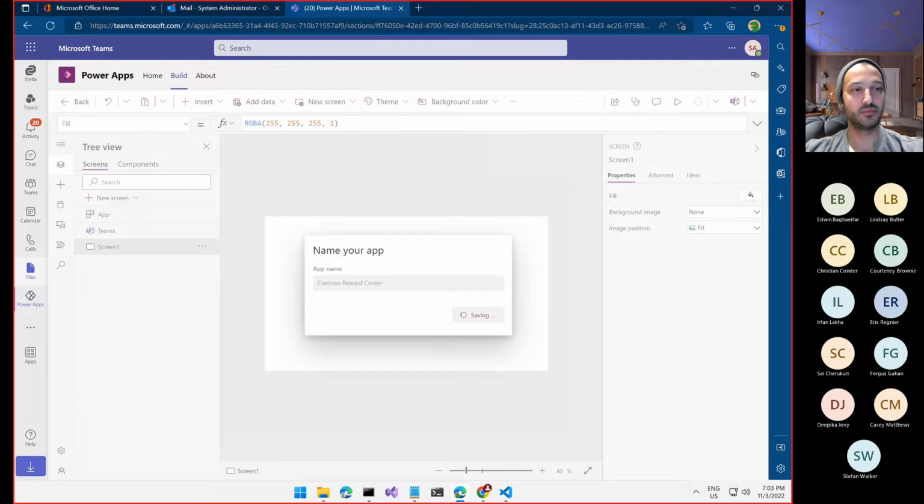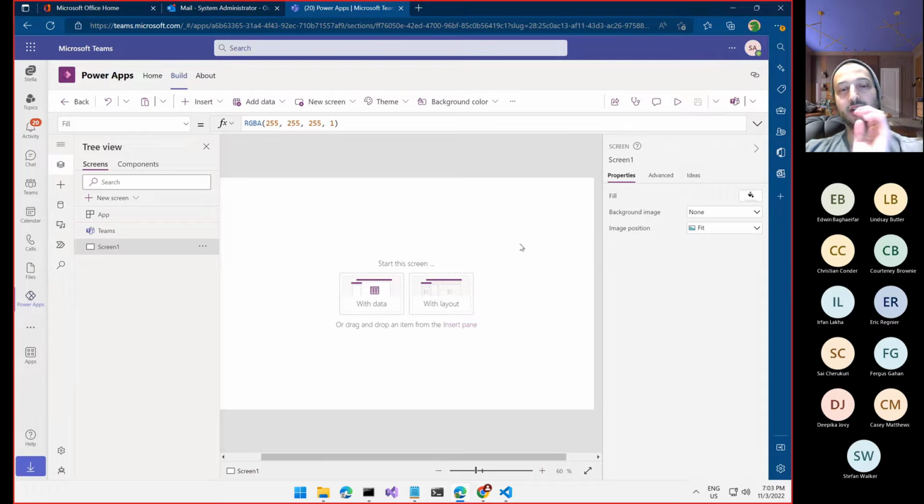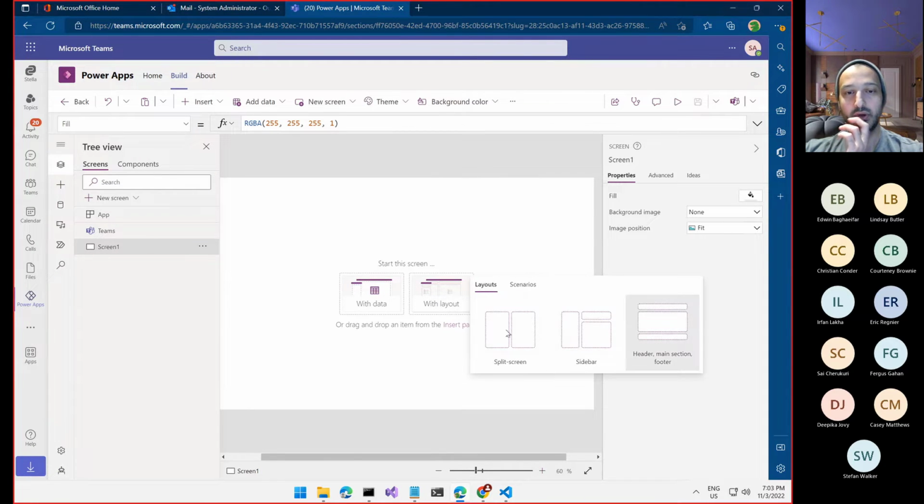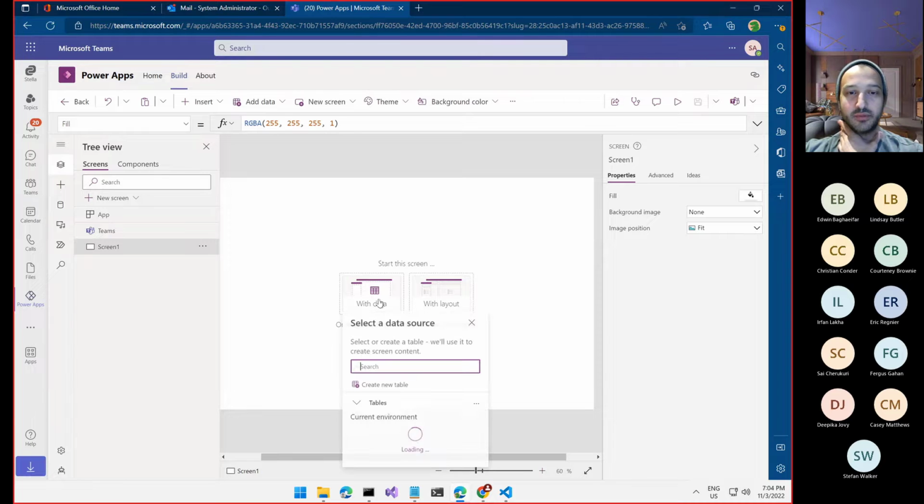Oops. Let's just wait for the app to be created. And now I can just zoom in a little bit. And now it's going to tell me, do I want to create the app from a layout or do I want to create it from data? So for me, I want to design my data first, and then I want Power Apps to just auto-generate that screen for me, right? So what I can do is I can say, okay, I want to start from data,